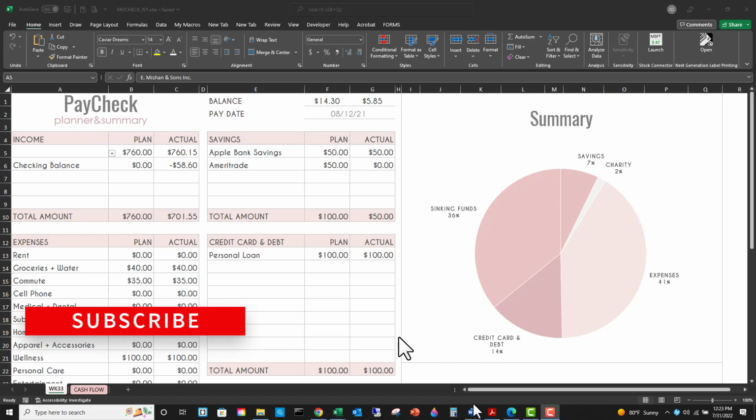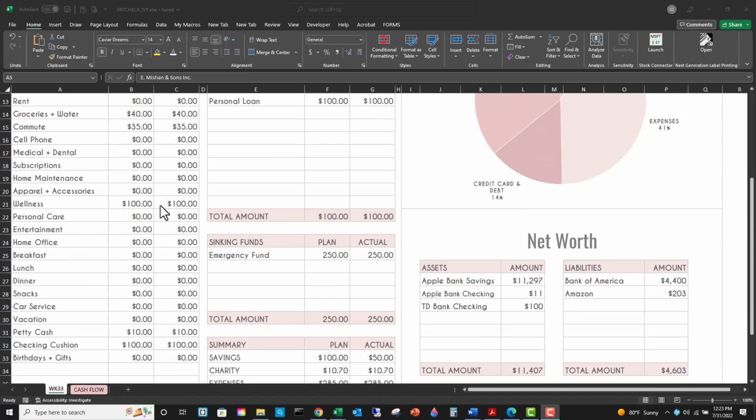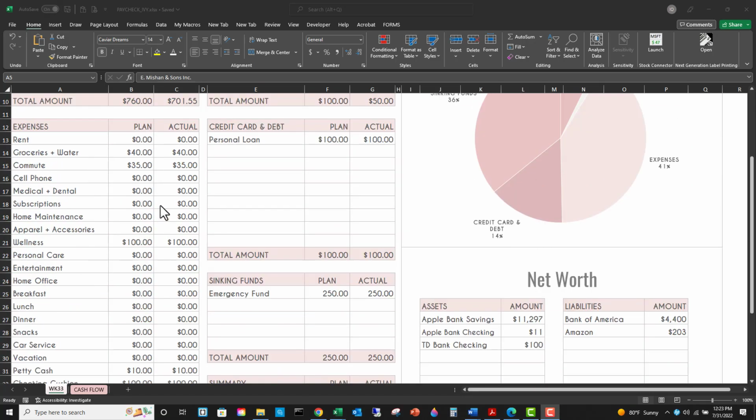Today I will be showing you how I budget. So before we begin, I am going to show you how I used to budget and then I'll show you how I budget now. Before, I used to use this paycheck planner summary which I created on Excel,